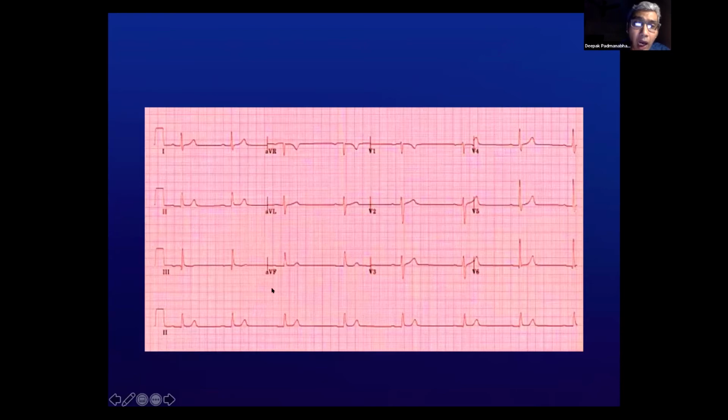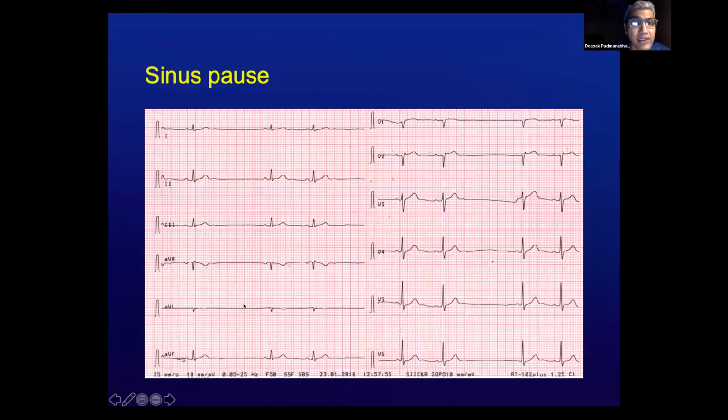Now, coming to some obvious rhythm abnormalities, probably secondary to causes within the cardio-neural axis. This is sinus bradycardia. You can see every QRS, every P, QRS, and T wave coming 1:1. The axis of the P wave is quite normal, but the heart rate is quite slow. This is good old-fashioned sinus bradycardia, not usually a cause of worry unless there is a precipitating cause for the same. Sometimes there are pauses where the P wave is not seen. These are sinus pauses, and in the absence of any symptoms, should just be observed.